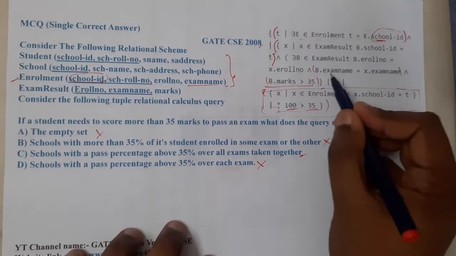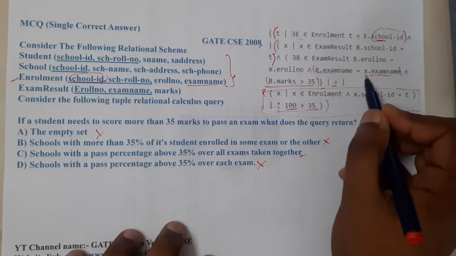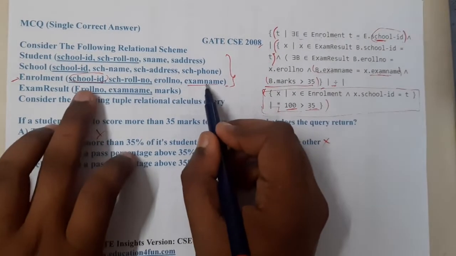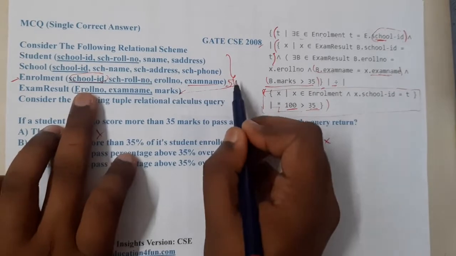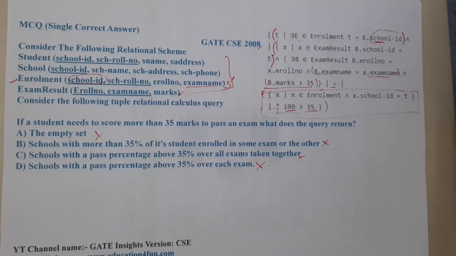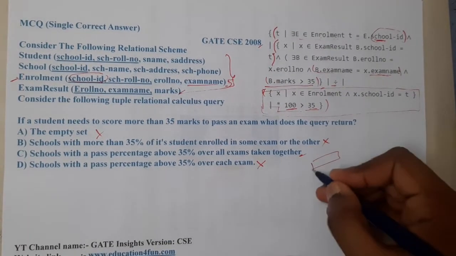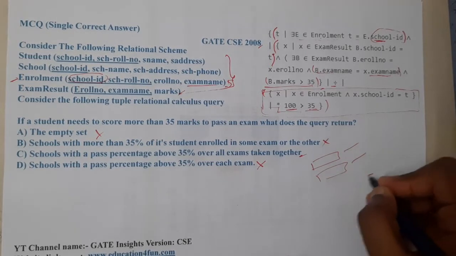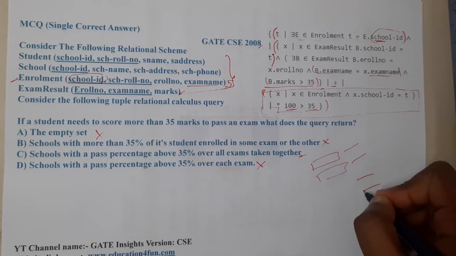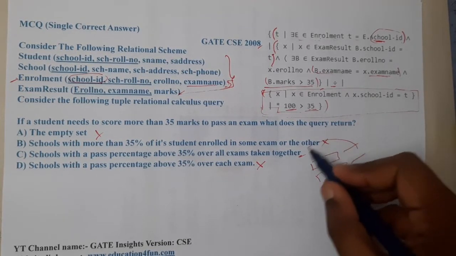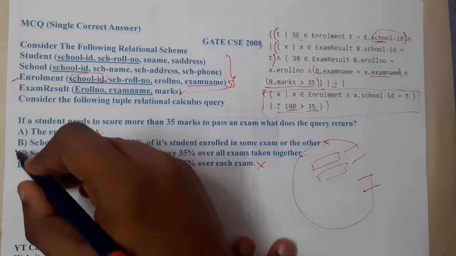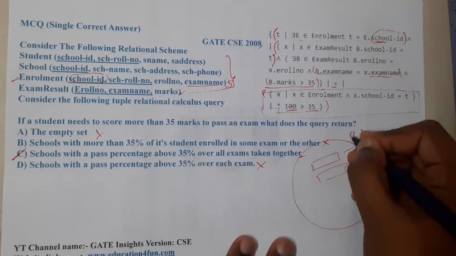So we compared this exam with exam, but this exam with exam is just combining this table with this table. For that only we have used it, right? We never grouped them by exam, and we didn't calculate individually, right? So yes, that is the reason why indirectly it is an overall thing. So that is the reason why C could be the most potentially correct answer, guys.